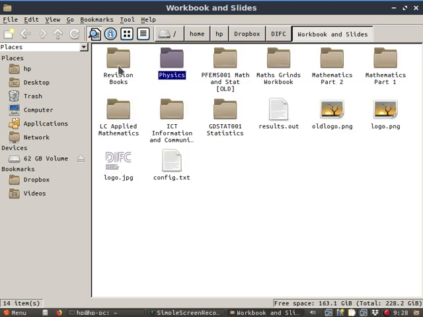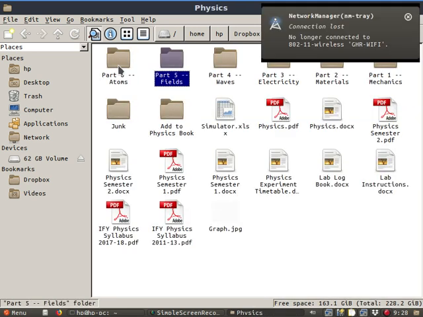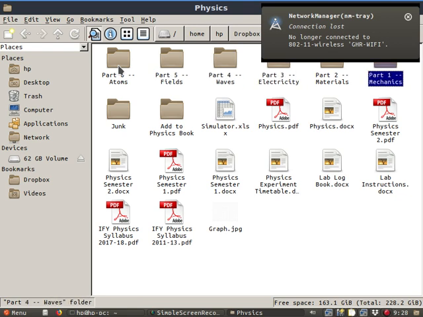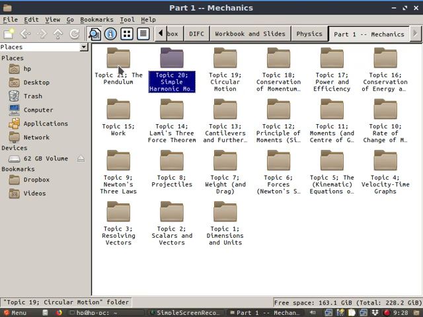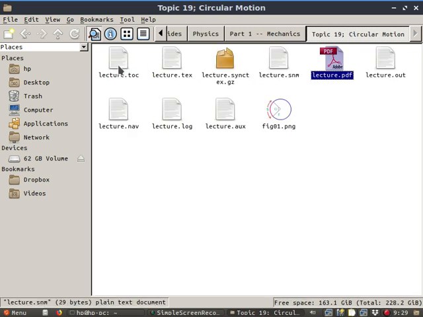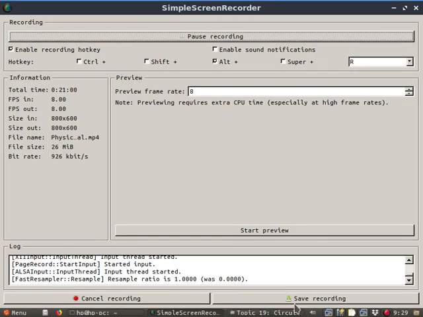Right. Physics. Mechanics. Circular motion. Now, it doesn't look like we have much left to do, but actually this is a big topic, and this is a big topic, and this is a small topic. So we should get circular motion done today, then we have another double and a single after that. Alright, let's